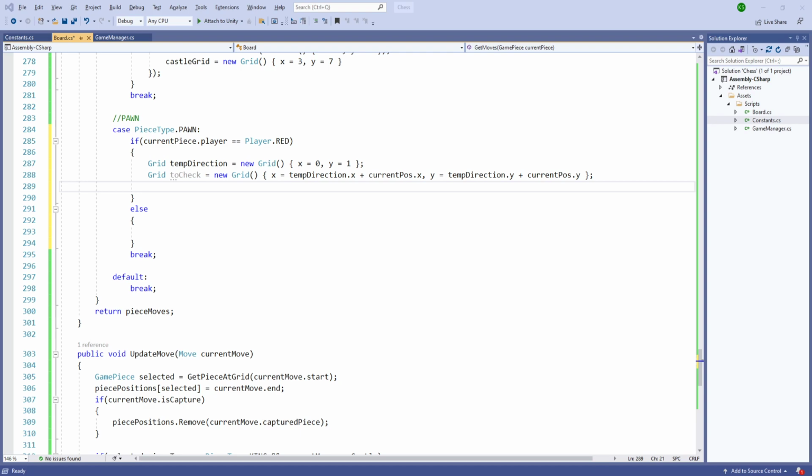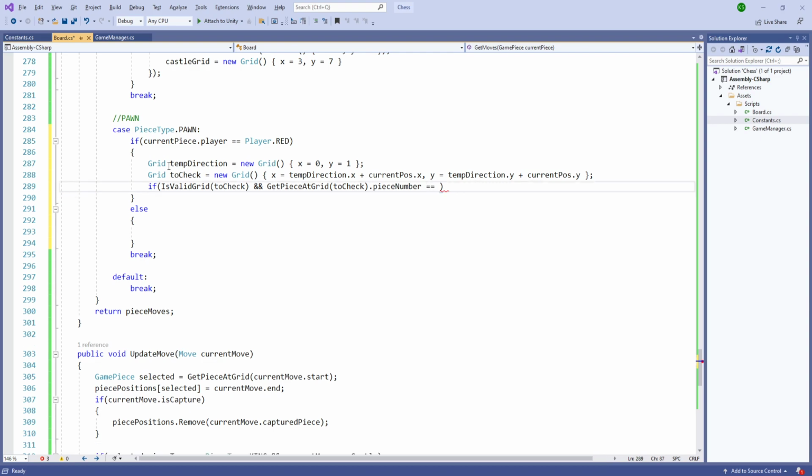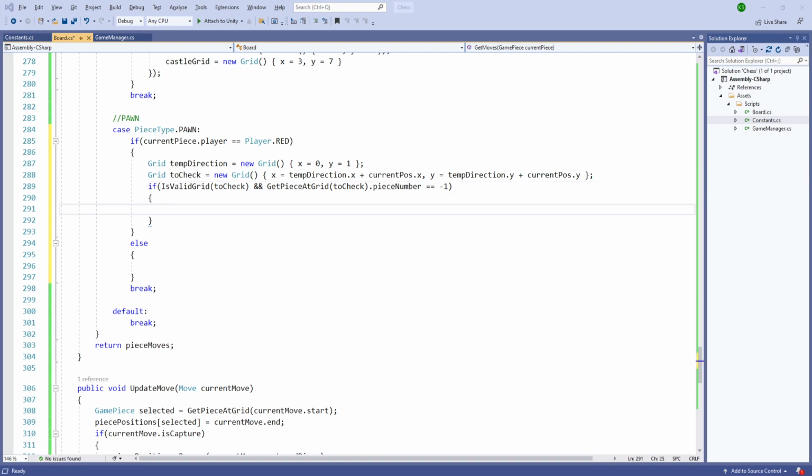So after doing that, we will check is valid grid to check. There are not any place for any forward move that piece of negative one. So if it is negative one